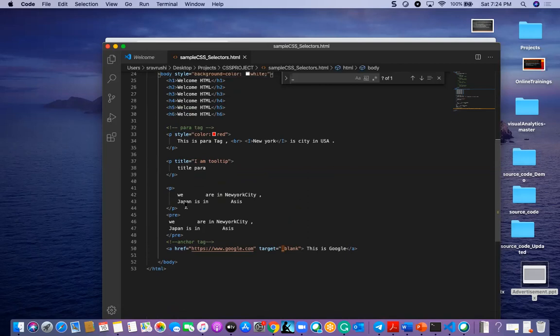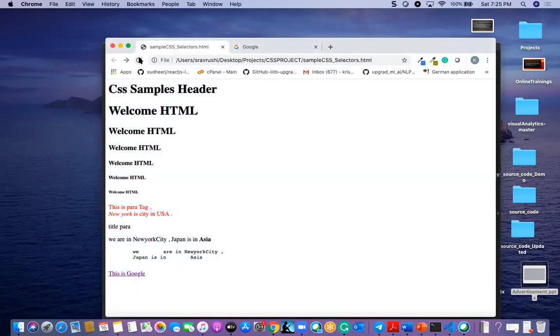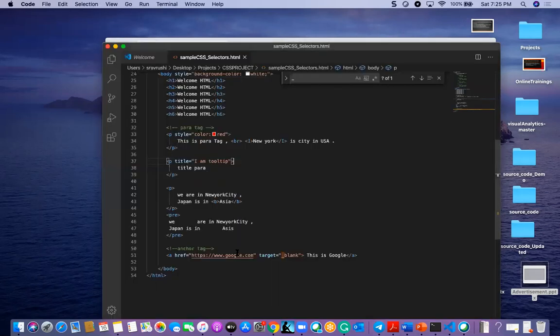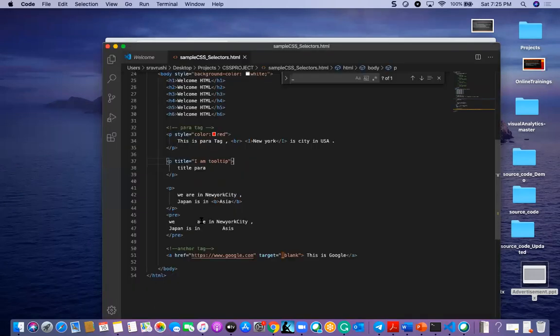So here I am going to give one para. Within this para, I just want to change this Asia to bold. Let us see now what the output is in the DOM. We can find here the Asia in bold.